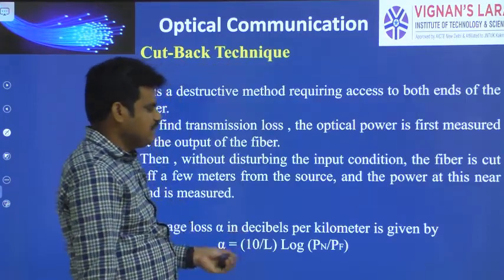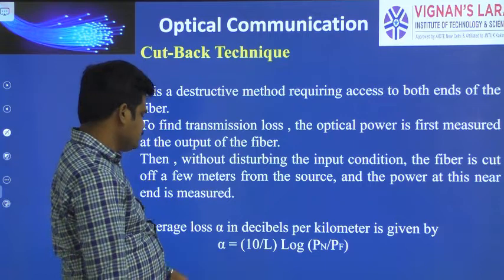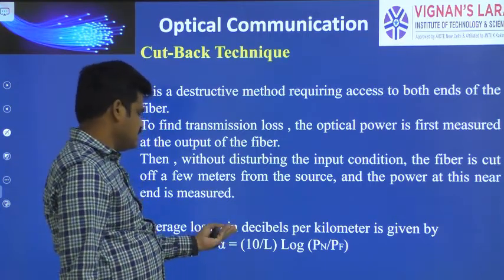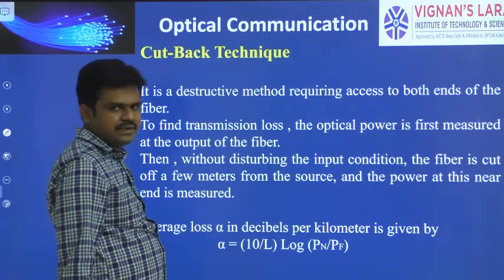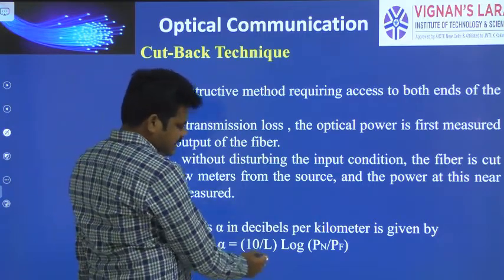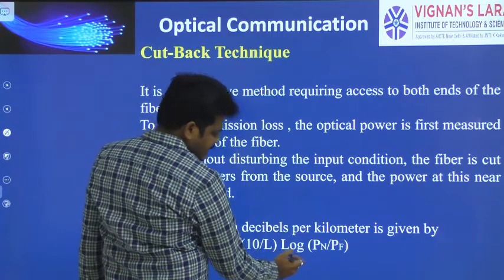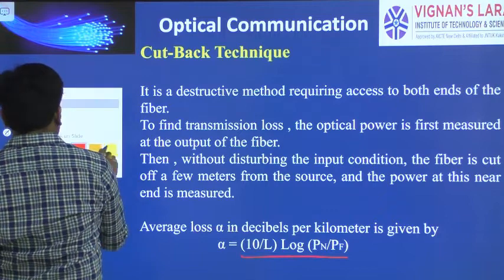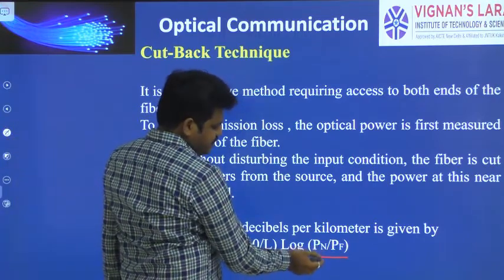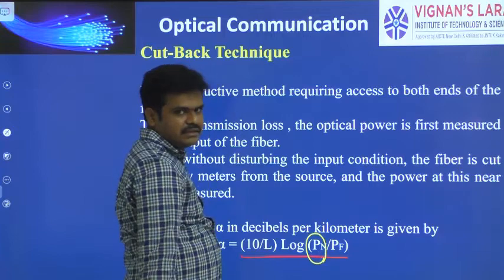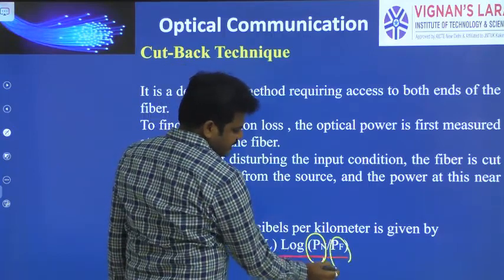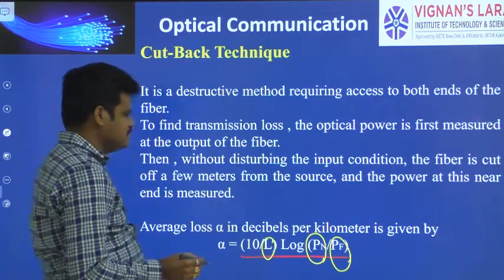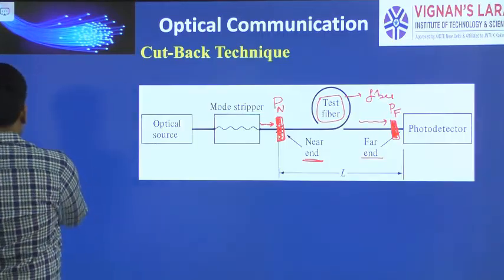After that, we have to calculate the loss. The average loss in decibels per kilometer is given as alpha equal to 10 by L log Pn by Pf. What is Pn? Power calculated at the near end. What is Pf? Power calculated at the far end. What is meant by L? L is the distance between